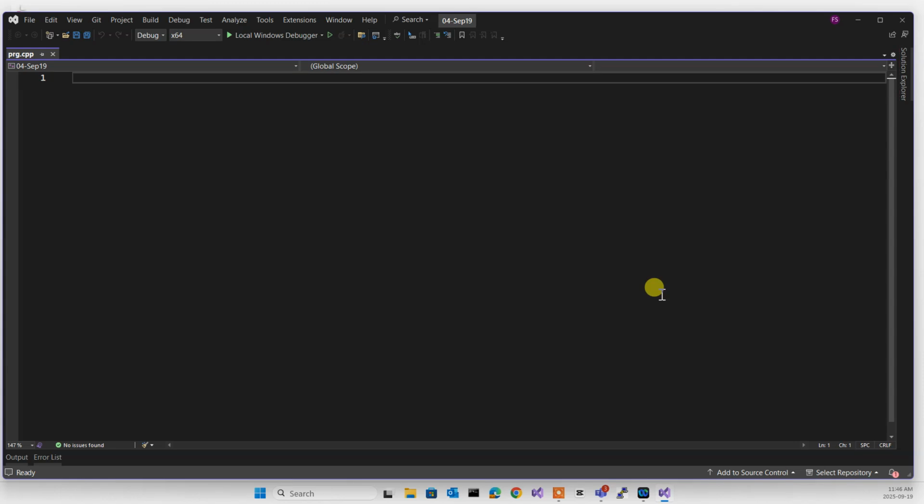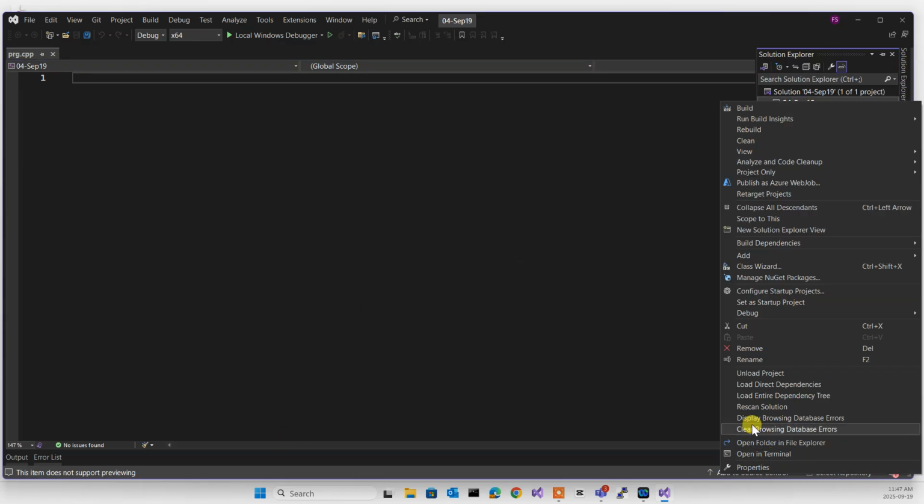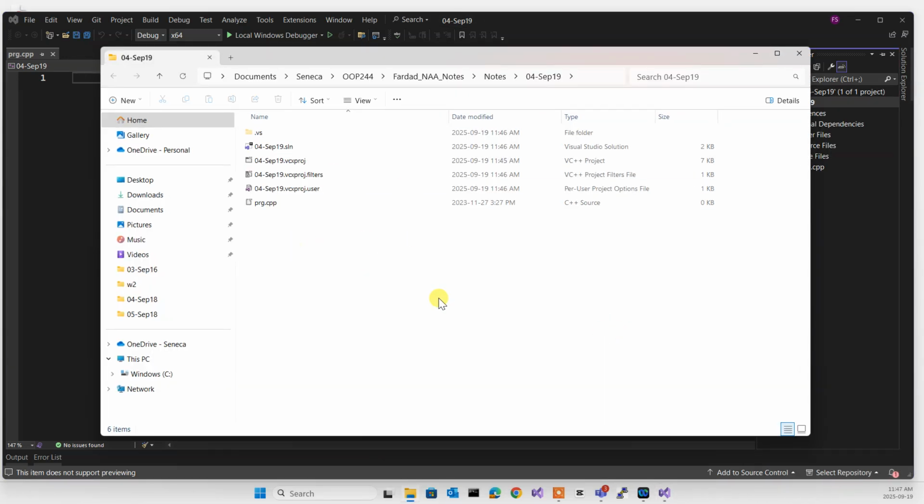Okay, so there are two ways of actually doing the workshops that you're doing. One is like this, to create your own project yourself and then get the files. The other way, I'll show it to you. So I'm going to demonstrate how the workshop and projects are being done. So this is the first way. You start, and then you're going to start having the files. So if this was your workshop 1 that I wanted to work on, then after this I would go and open up the directory. So now this is the directory of the